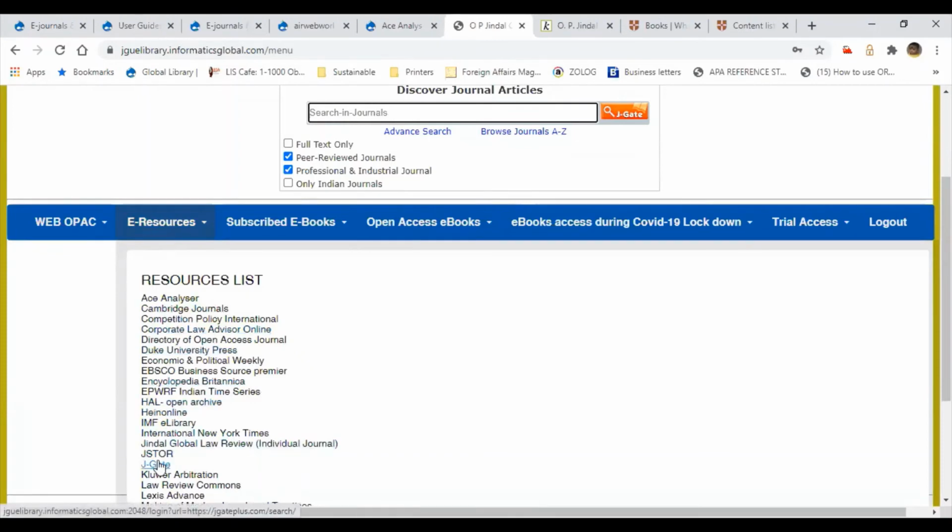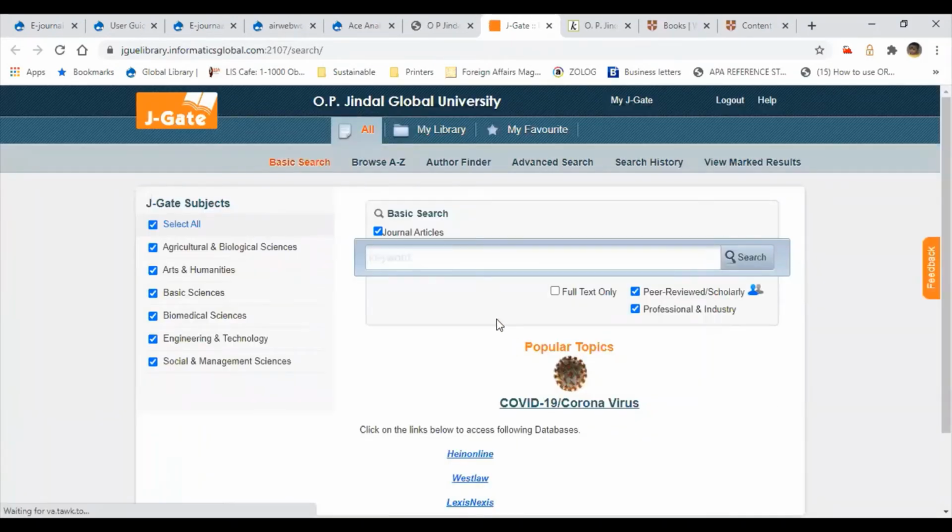Otherwise, you can search from here also. If you know the keyword, like your title, author, or anything else, you can explore whether the article is available in the library or not.